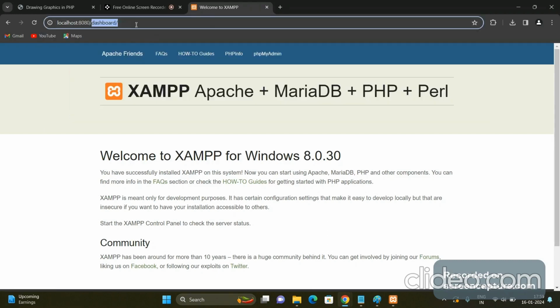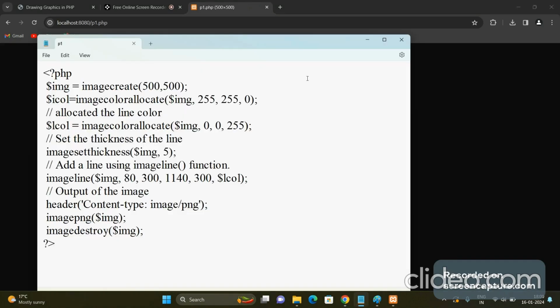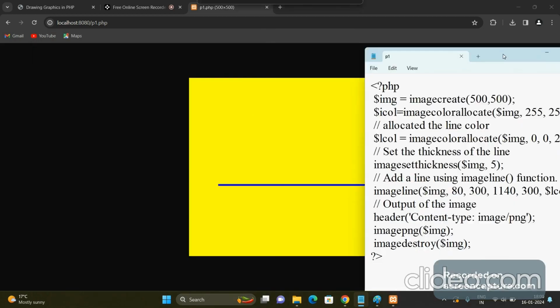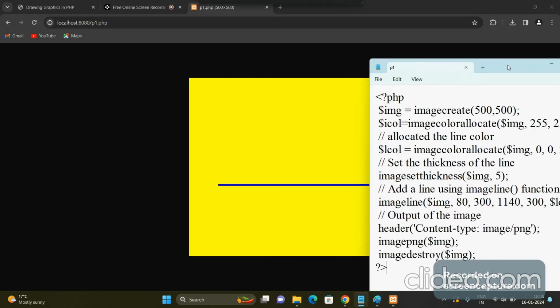Now we want to execute the p1.php file. So we are giving the name of the p1.php file, enter. Now this is the img image that we have created using the image create function. The yellow color block is the canvas, or the image that we have created using img with 500 width and 500 height. This is the line. Only a blank